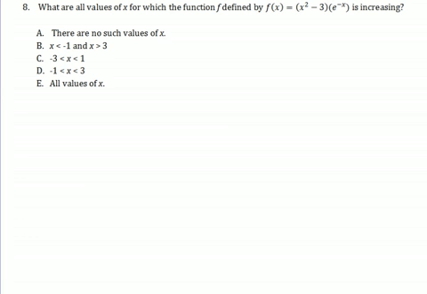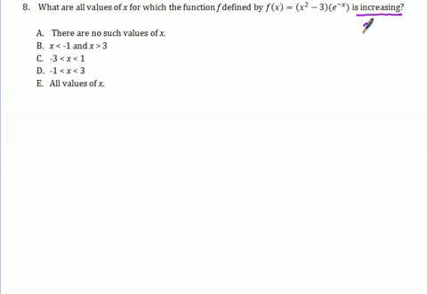Final question, what are all values of x for which the function f defined by f of x equals x squared minus 3 times e to the negative x is increasing? Forgive me, this is not the final question, is it? We've got one more after this. But question 8,